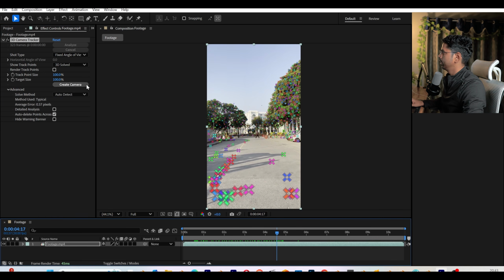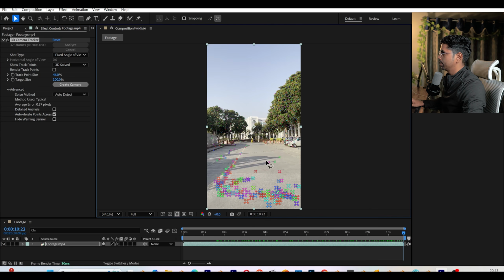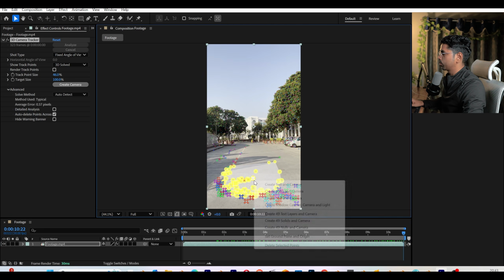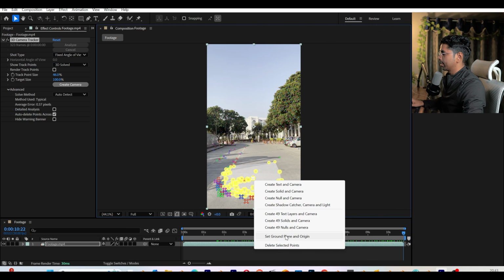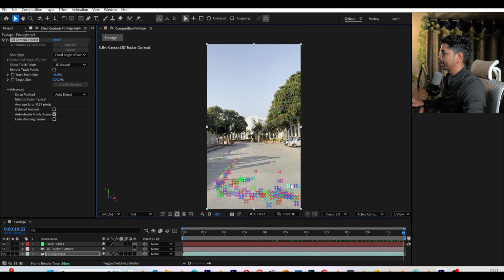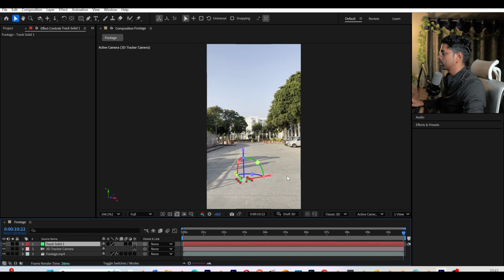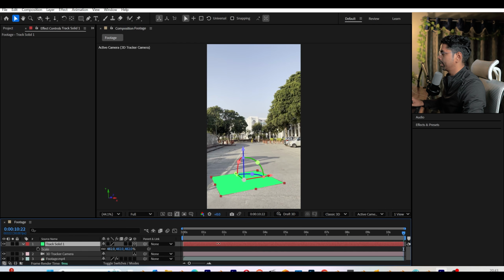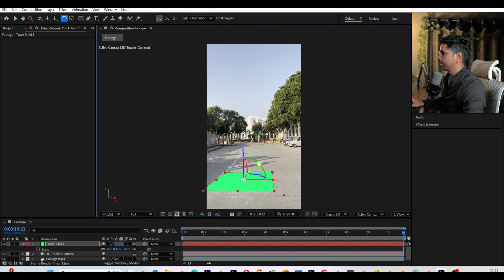information over here. Let me just bring down the track point size. So I can simply drag and select a couple of points and right click and choose Set Ground Plane and Origin, and again I can create solid and camera. So I have this solid. If I want, I can just scale it and rotate this a bit